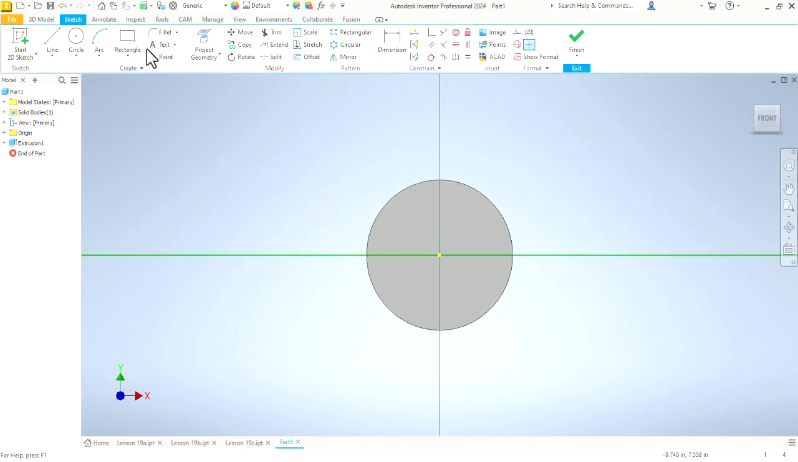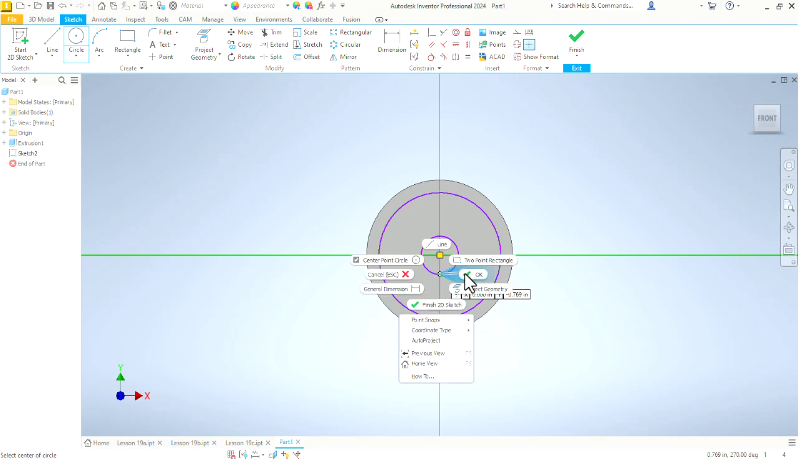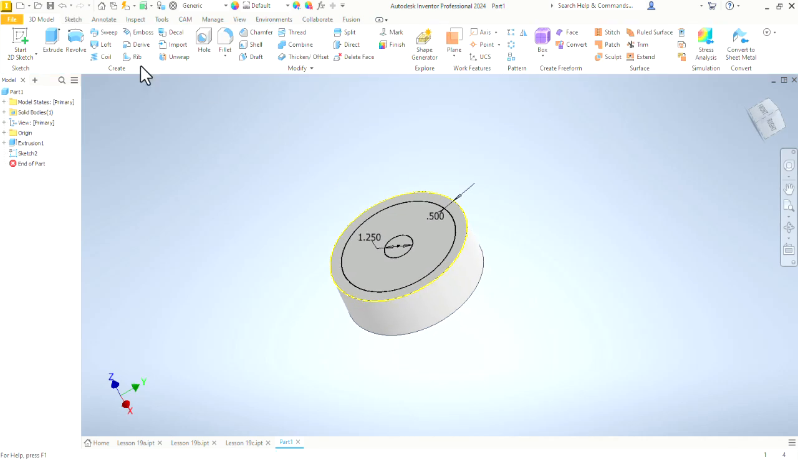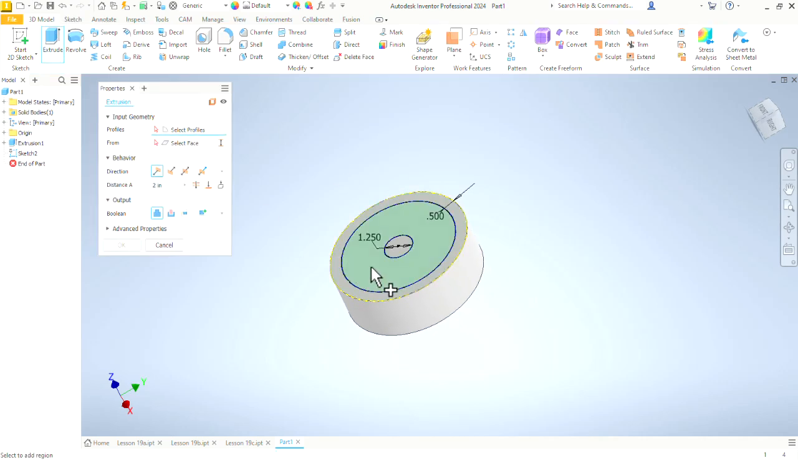Draw a new sketch on that top face. We'll draw the outer circle, draw the inner circle. We'll put that outer circle a 1/2 inch in from the outside, and we will make the inner circle 1.25. Finish that sketch and extrude that